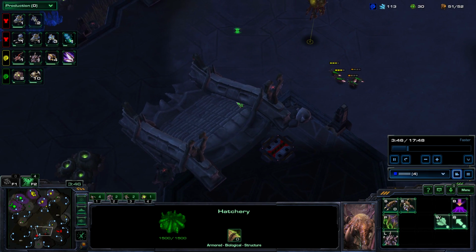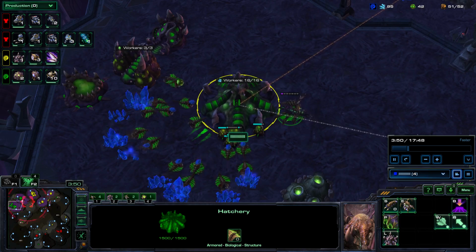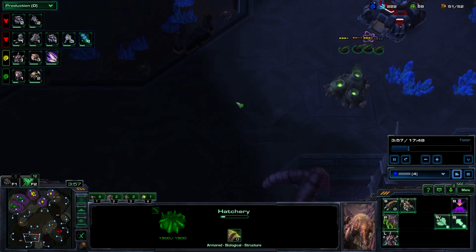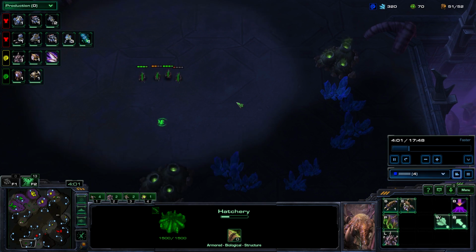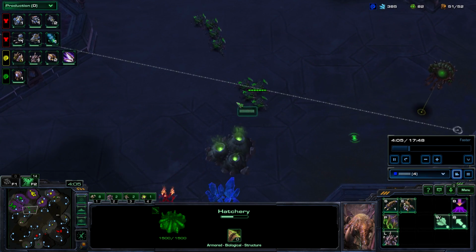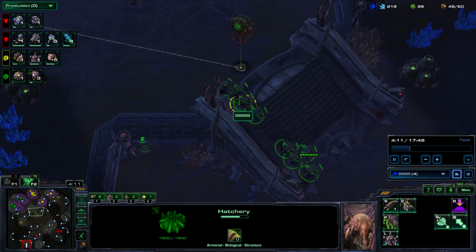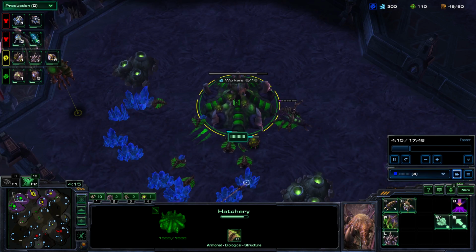So at this point, based on what I've scouted, I can see that the Terran play on the right side has gone for factory, and more than likely, the Terran player on the left side is going to be going for bio. So I know that if I make this push, it's going to be efficient no matter what. And really, more than anything, I know that I'm not going to be able to win the game with this push, but